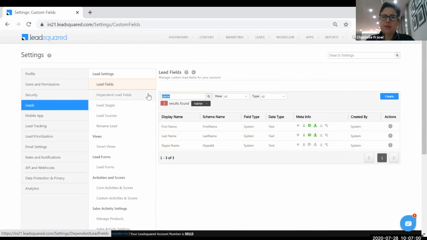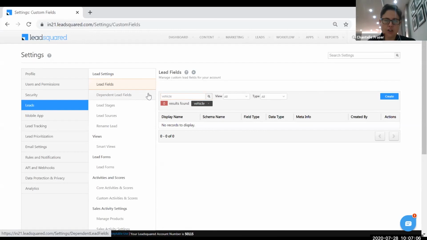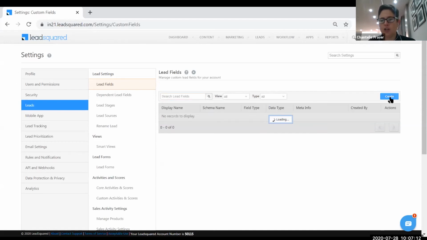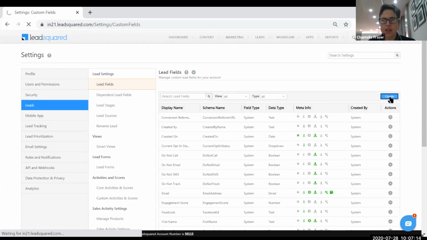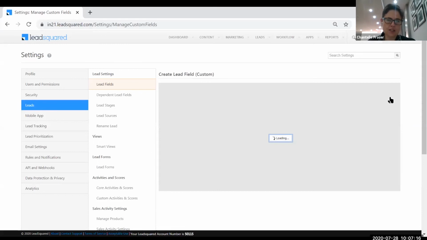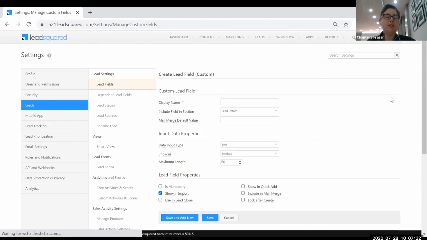But for something like, let's call it, a vehicle registration, that probably wouldn't be in here. So let's search for vehicle. You can see it's not there. So in this case, I'm going to click on the create button, and this is how you create lead fields. Remember, only your administrator can create lead fields, because once you implement it at administrator level, everybody in your organization will see this. So I'm going to say vehicle